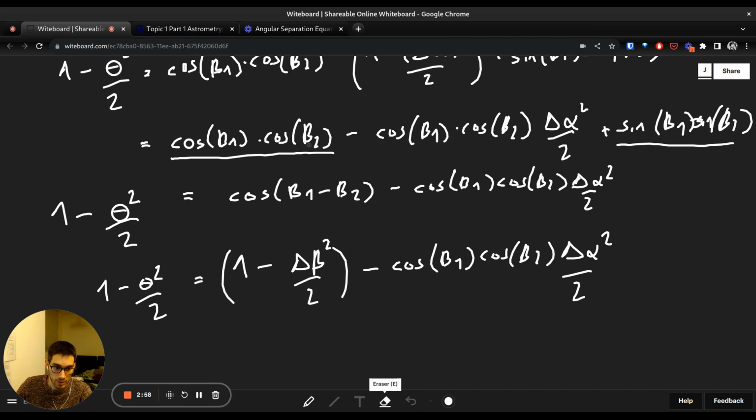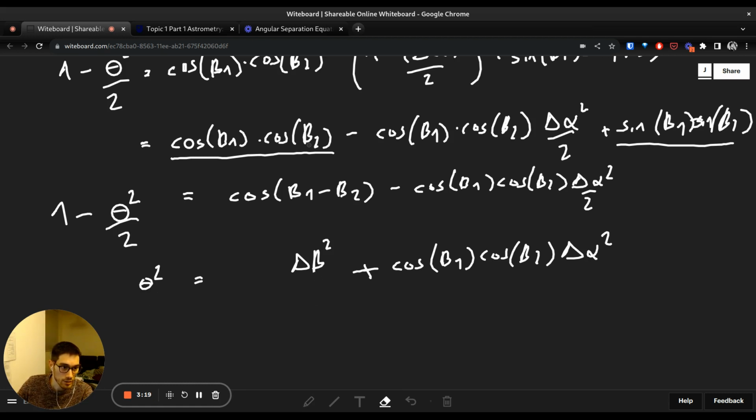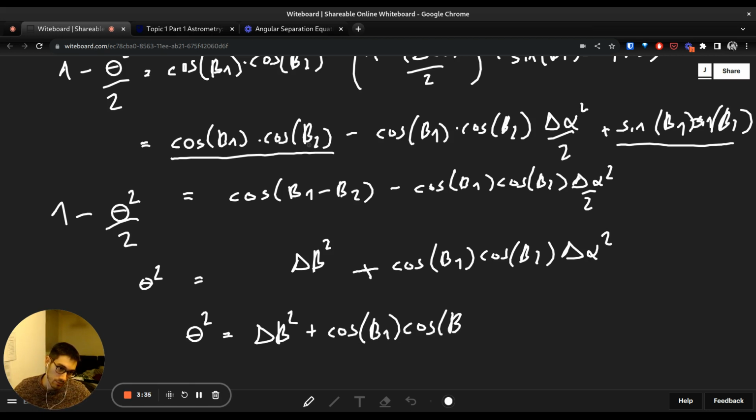Okay, so we can actually remove the parentheses. Now we can cancel the ones. We can multiply everything by minus 1, so that means this is a plus now. We can multiply everything by 2, so all the twos go away. And we are left with theta squared equal to the difference of betas squared plus cosine beta 1 cosine beta 2